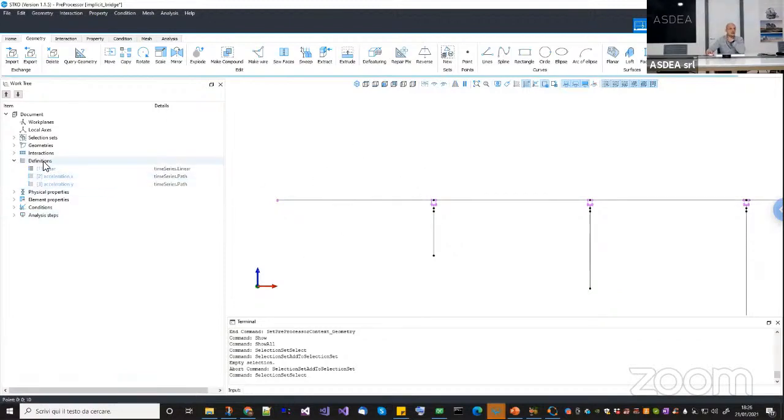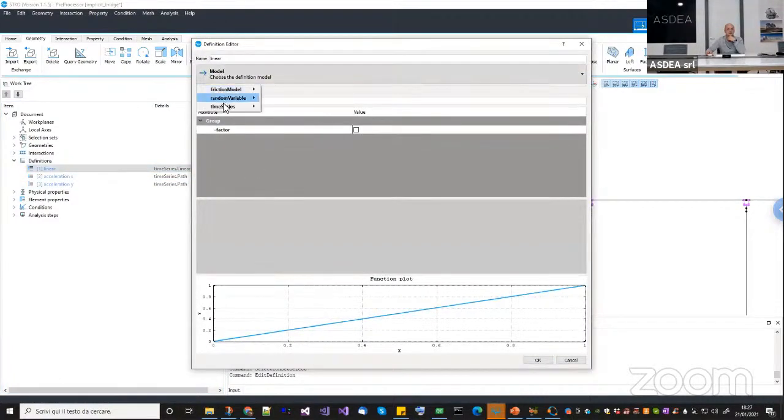But to make this translation, we need to proceed from definition down to the analysis steps to create the OpenSees components. So in definition, we always create the time series. Okay, since we are going to create first a vertical analysis for gravity and then a dynamic analysis for the earthquake, we need basically 3 time series. The first one is a linear one. Okay, so just a linear time series. We go in time series, which is linear, and it is fine that it goes from 0 to 1